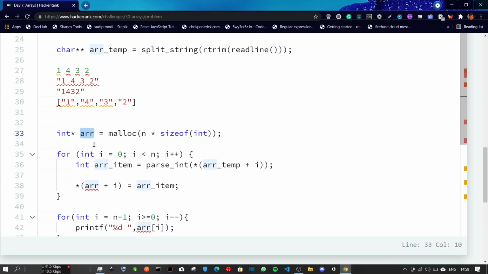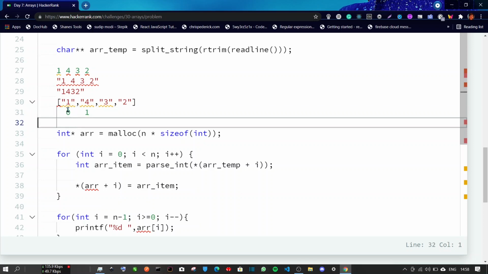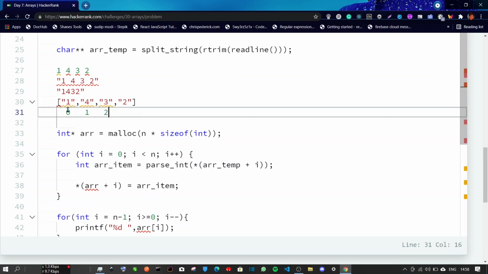So what we are essentially doing is we are taking this array, right, the elements of this array, we are iterating through this one by one using this loop. So it goes like this has 0 index, and this has 1 index, and this has 2 index, and this has 3 index, right?